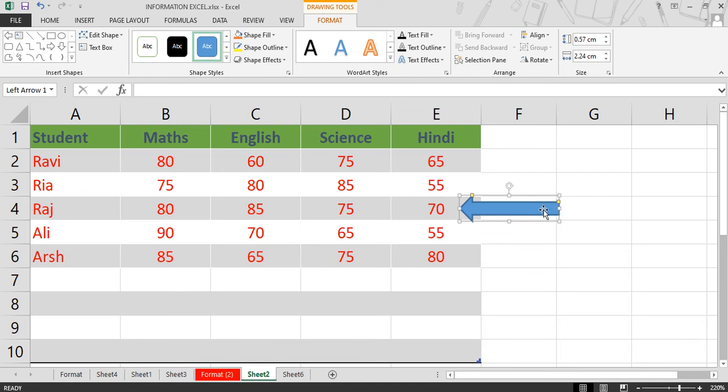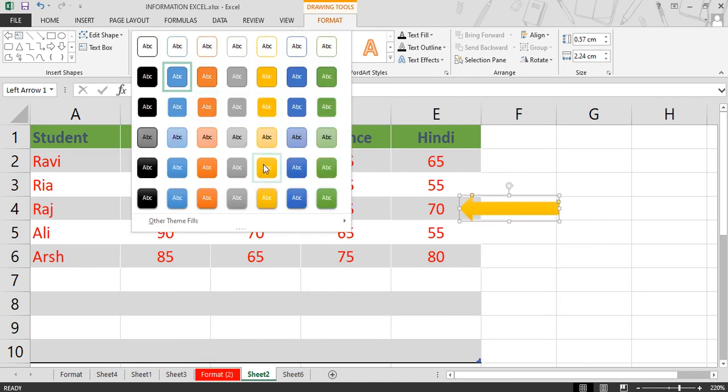So in this way you can insert a shape. As you insert the shape, you can see here we have a drawing tool. Under the drawing tool, first we can insert more other shapes in this document. Next is the shape tool, which helps us to recolor the shape or change the color combination of this shape, and also helps us to apply different shape effects on this picture. So first select the shape style from here. Whichever style you select, you can see that it is applied to the picture.